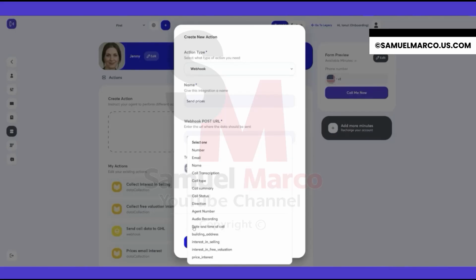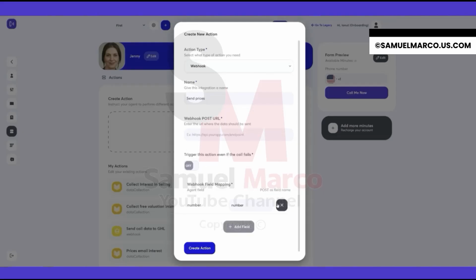All these fields from the number to the date and time of call, these are all default webhook fields that you can send from CallFluent AI. The next ones, building address, interest in selling, interest in free valuation, and priced interest, these are custom fields that I have created for this specific agent, since this was an agent created for a real estate demo. We can choose here what